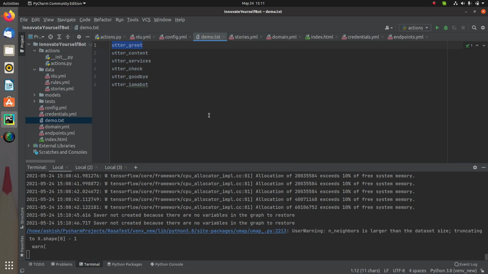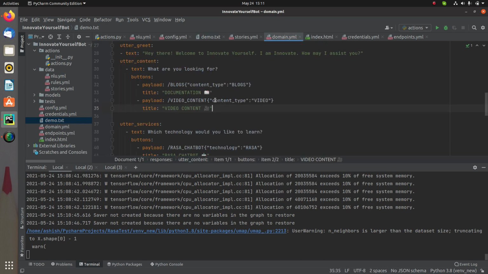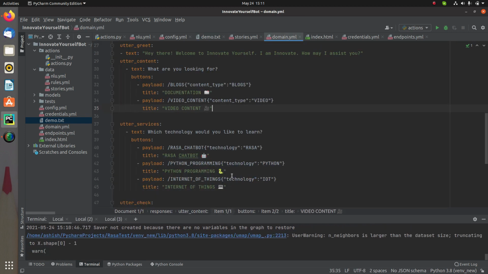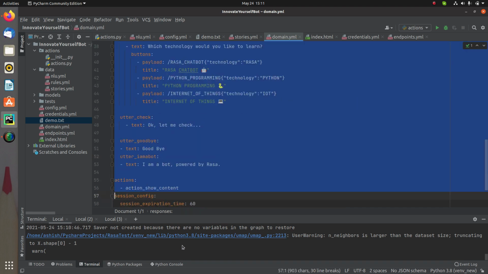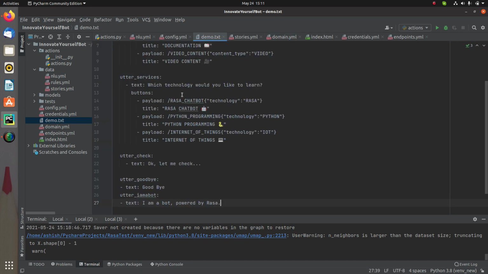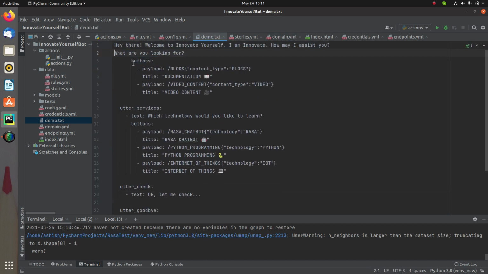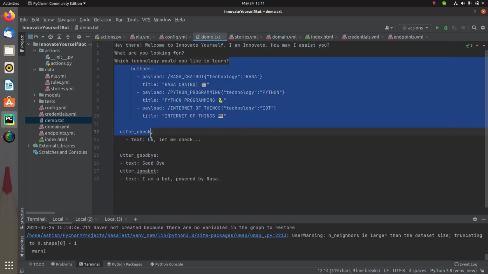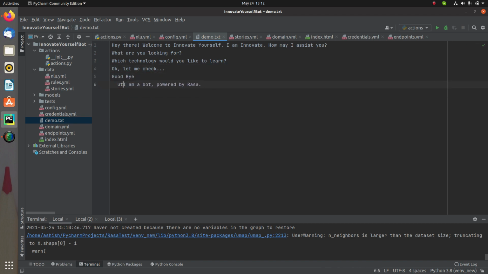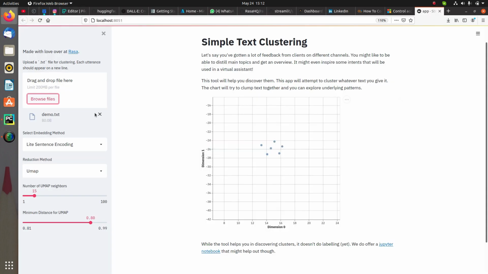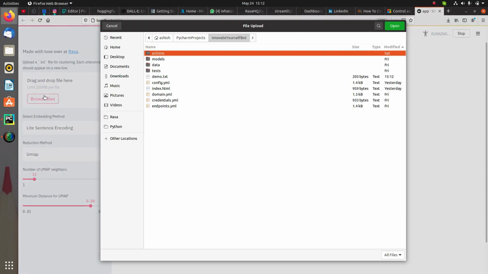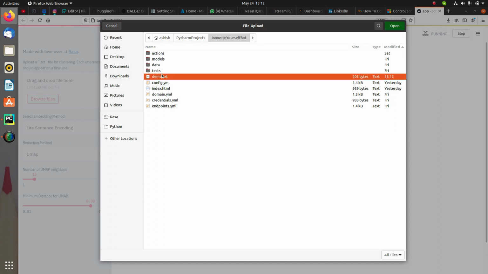Now in the same way, if I change the values, for example, instead of passing this, I just want to pass the messages from here. Let me just copy and paste it. All right, so I have some new data over here, so let me try it with this. Now just remove it and upload it again.